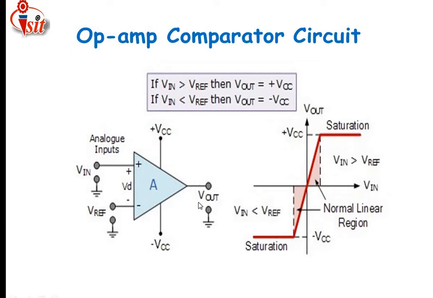Then what about the response curve related to this comparator? Just see here. First of all, in a steady position like this, the op-amp goes into the saturation region, and if Vin is greater than V reference, then it is a rising curve towards saturation, and if Vin is less than V reference, that is, V reference is greater than Vin, then there is a falling curve from 0 towards the negative direction, towards the saturation region. Whatever line comes in between the two saturation regions, that region is nothing but the normal linear region related to the comparator state.